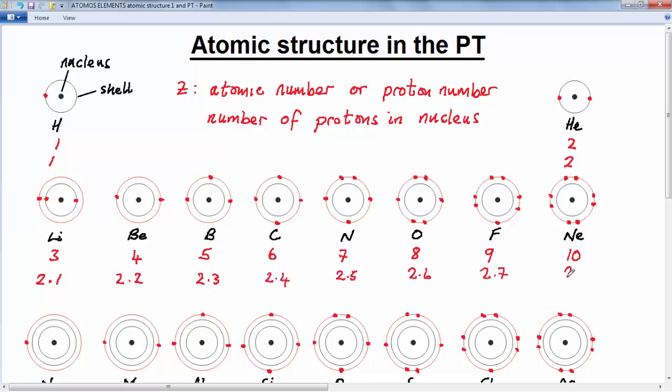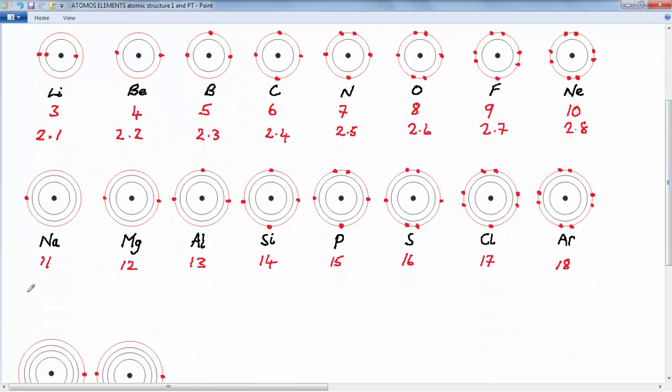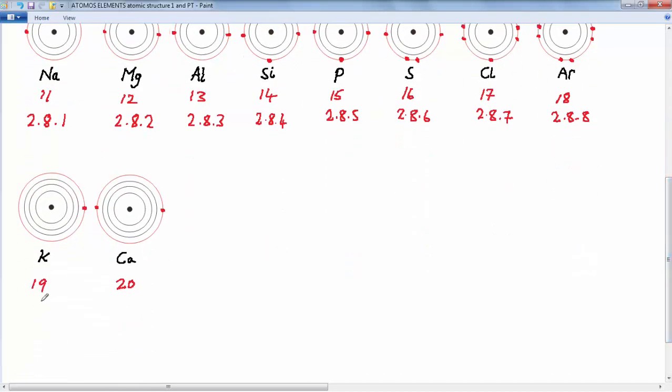2.4. So that's the electron configuration for the second period, the second row. And then after that we're going to go to first shell filled 8, second shell filled, and then 1 electron in the third shell for sodium. And then again, same for magnesium, 2.8 filled, and then 2 electrons, etc. And then finally down to potassium again, inner shells filled, that's 2.8.8.1, that's first shell filled, second shell filled, third shell filled, fourth shell 1 electron,